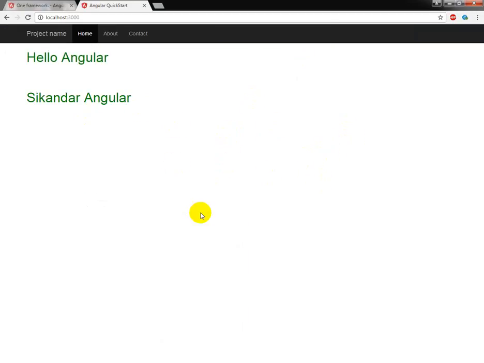So you see, in our app, we can add our Bootstrap navbar,